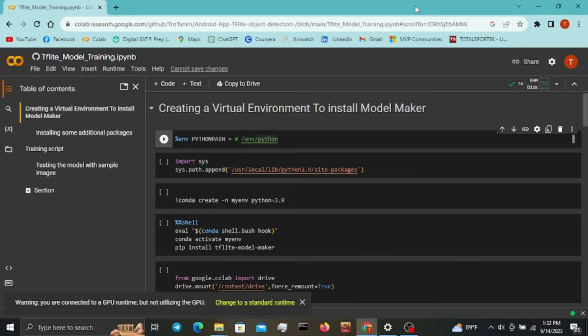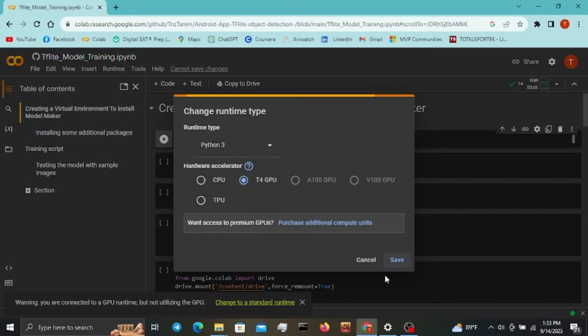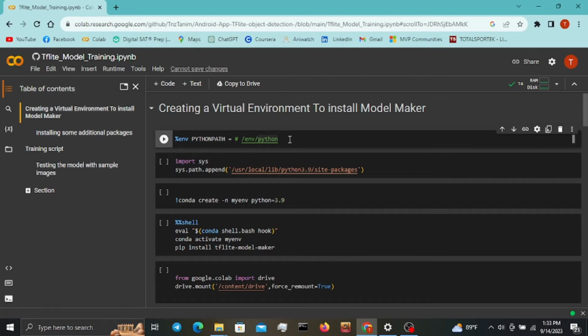Okay, so we're in Colab, and the first thing you have to do is change the runtime and enable the GPU. This is really important. If you run the script on a CPU, it will take forever. So make sure to select T4 GPU. And as I mentioned earlier, if you run the official script, you may run into some problems. And the first problem is